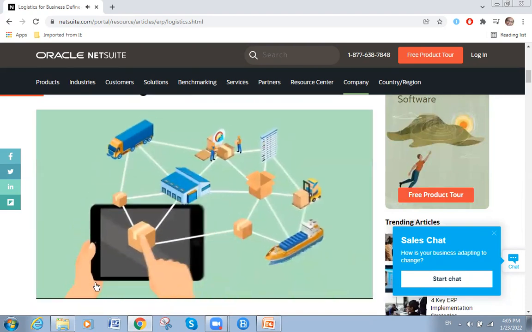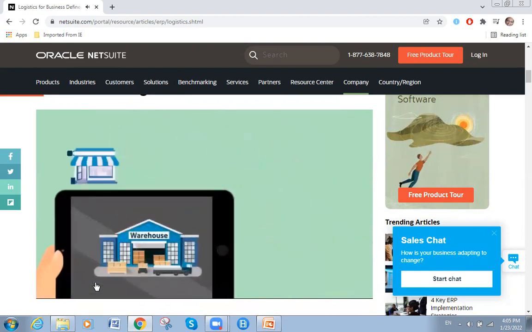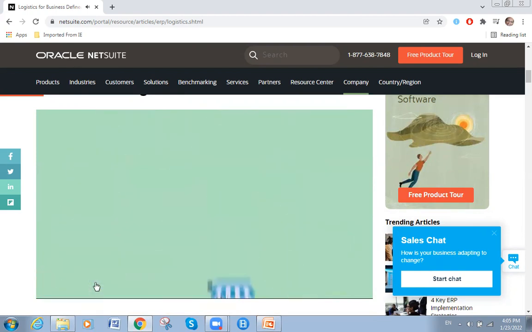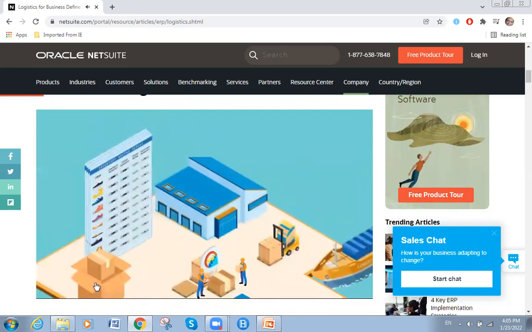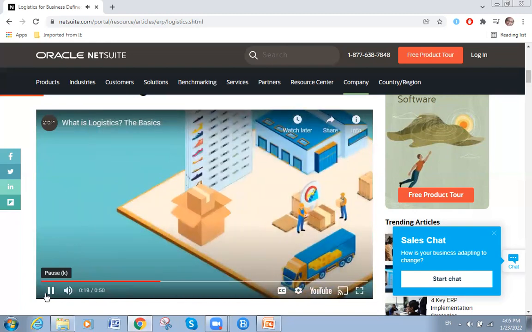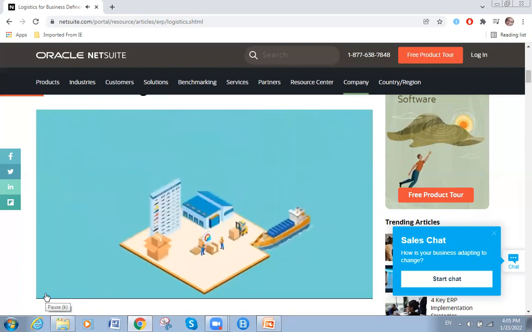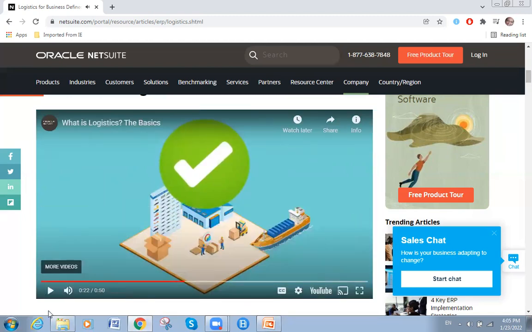Logistics is the collection of processes involved in moving raw materials and finished goods throughout the supply chain, internally or from seller to buyer. Logistics involves many steps, including receiving, warehousing, inventory management, demand planning, picking, packing, and shipping, transportation management, and order fulfillment. Those are the activities.